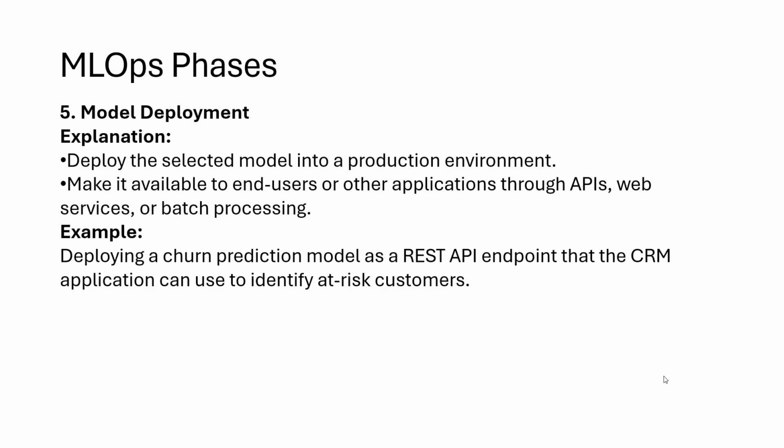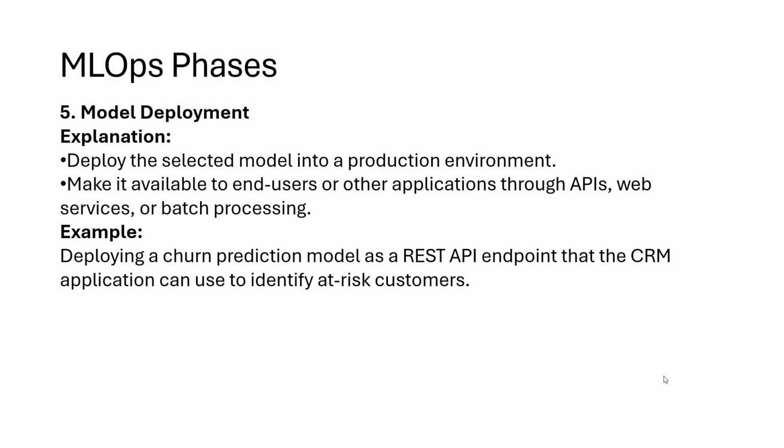Next one is deployment. Once the model is trained, finalized, and developed, you have to deploy the model for further use. So here you deploy the selected model into the production environment and make it available to end users and other applications through APIs, web services, and batch processing. Example, deploying a churn prediction model as a REST API endpoint that the CRM application can use to identify at-risk